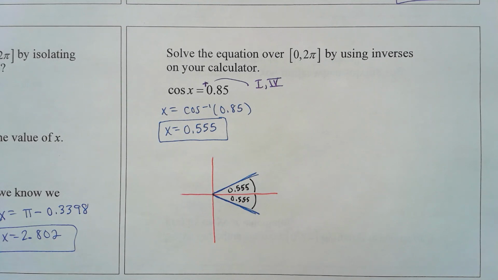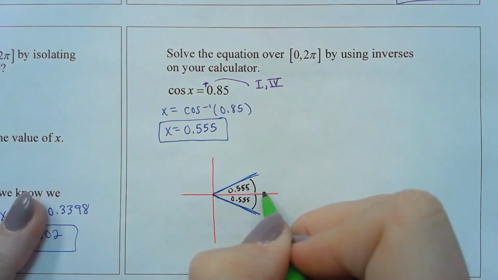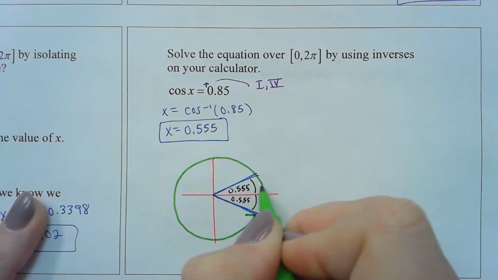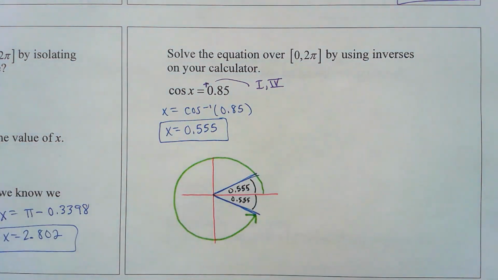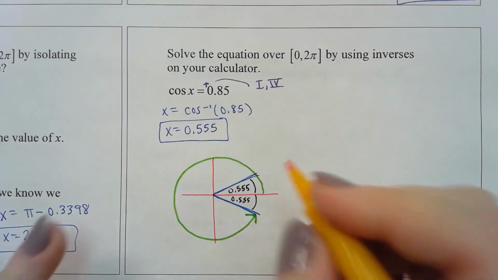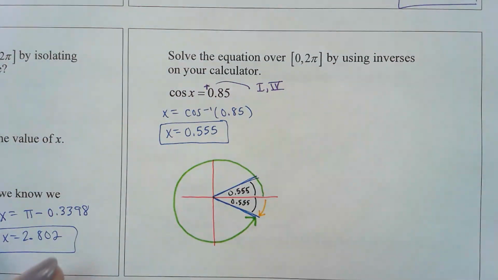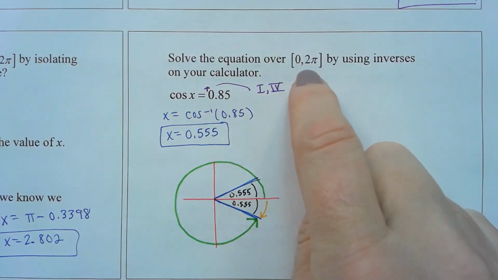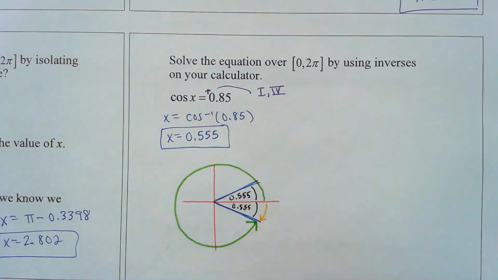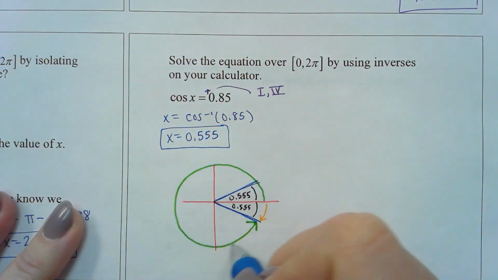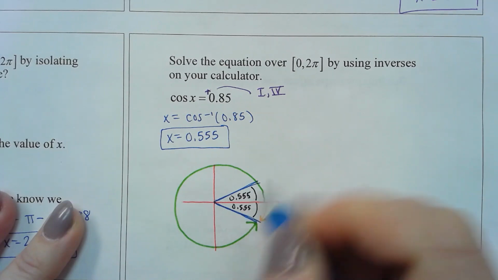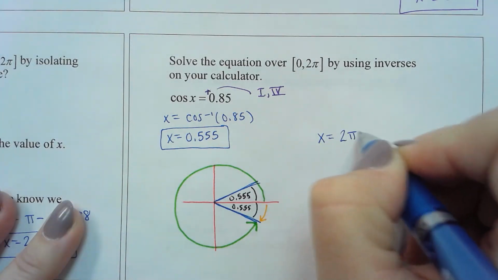I'm going to use my green marker again because we have to find the name of that second angle. We start at 0 and we need to wrap around and find the value of that angle. Be very careful. I'm going to use my yellow marker. We could drop into the fourth quadrant and call it negative 0.555. But this interval says you don't want negative answers. We want numbers between 0 and 6, so we can't give them a negative answer. So we're not going to drop down into the fourth quadrant. We need to wrap around to the fourth quadrant. So I'm not going all the way around. I need to back off by 0.555. So my other answer is 2 pi